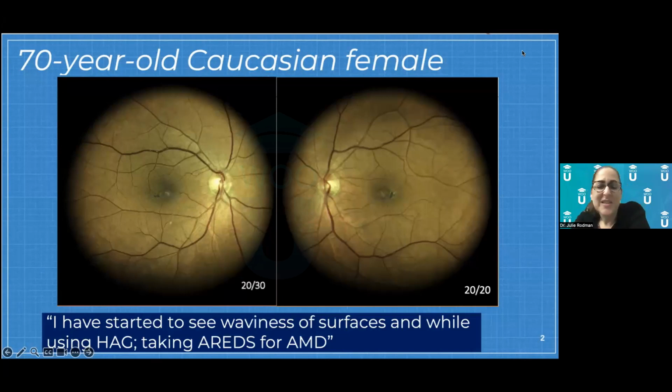Okay. So I take a look at her fundus, these images, I take a look at her clinically, and I'm thinking to myself, this doesn't really look like macular degeneration. And there's many times that we all get patients in the clinic that have previous diagnoses and maybe we question them. So we use multimodal imaging. We use our diagnostic skills to make better diagnoses. But I'm like, okay, let me give this lady the benefit of the doubt. Let's take a look at some other testing and go from there.